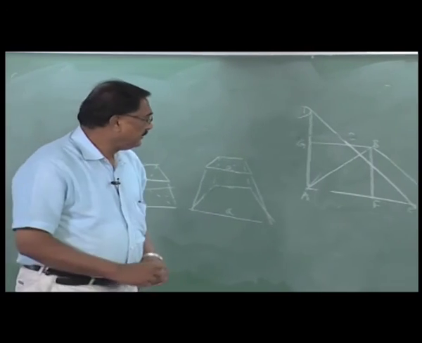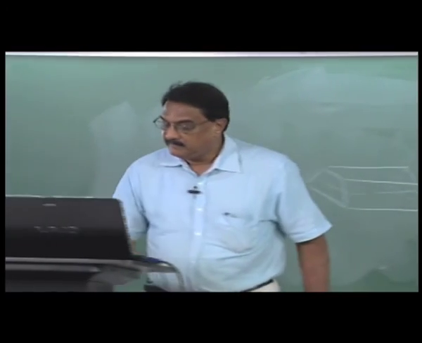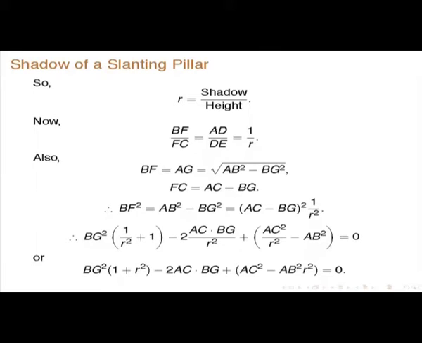Then from the similar triangles, BF by FC is equal to AD by AE,